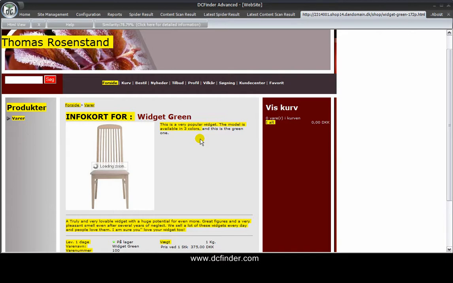The product is exactly the same except for the color. So the product description very often is exactly the same, and that's where you go so terribly wrong. This means that if you have these three products with the exact same product description except for the color here and here,